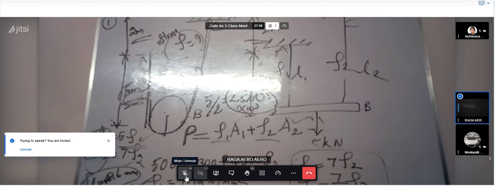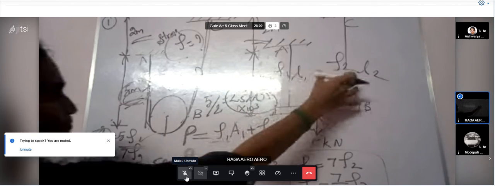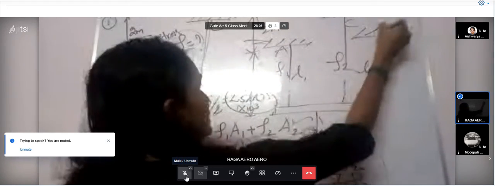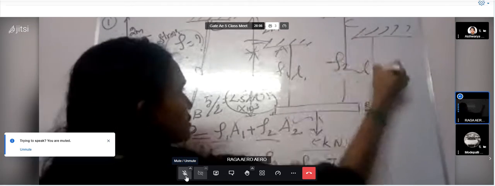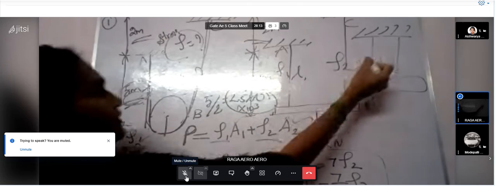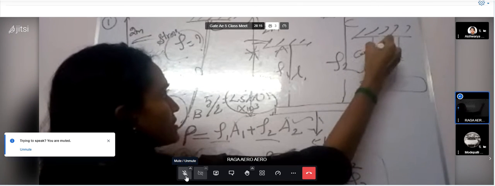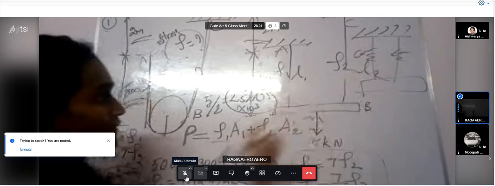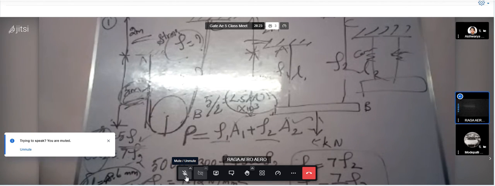That's what the problem is. So these are two cases. One is with pulley, another one is with block. Most probably this is the unequal length. In some other cases, they will give us the equal length. So if you are done with these unequal length problems, you can easily solve this type of problems. For these cases, they will have different material. For example, this is copper wire, and for example, this is aluminium wire. In those cases, it will vary. So if you are done with this problem, it will be easier with that.